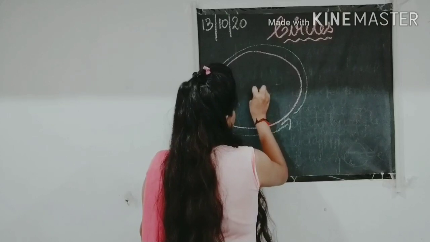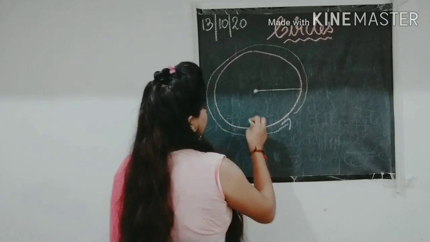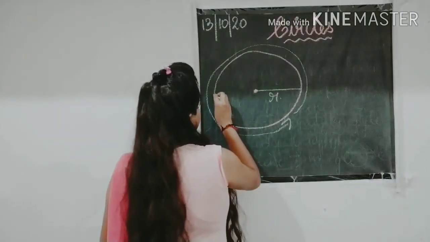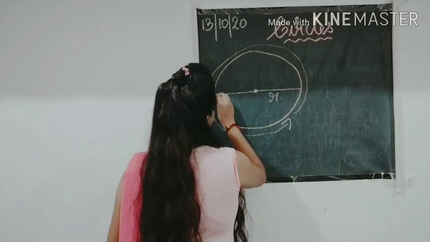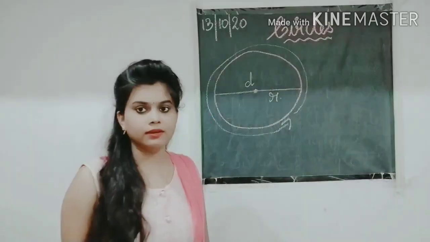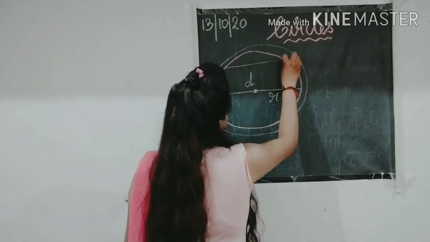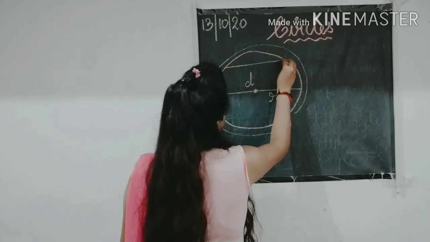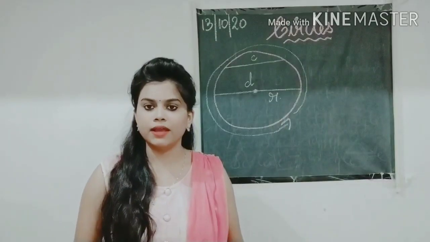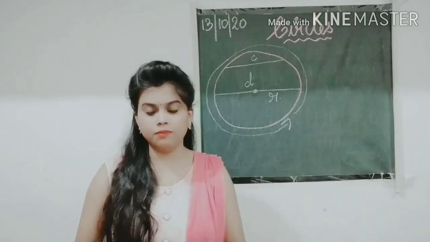If we draw a line joining this point, this is called a radius of this circle, right? And if we make a straight line with this radius, it is a diameter of that circle. Okay? Here the half semicircle is called the chord of a circle. Okay, so let us revise all the terms of this circle and see how to draw a circle by this video.